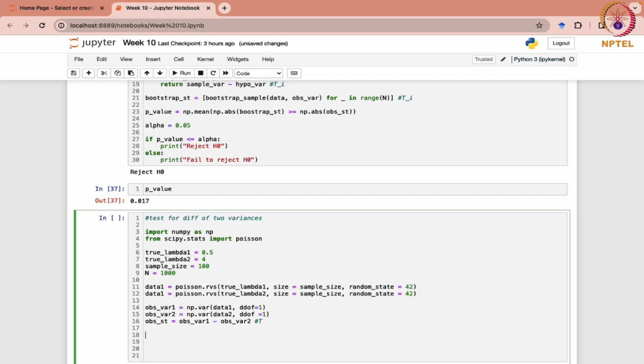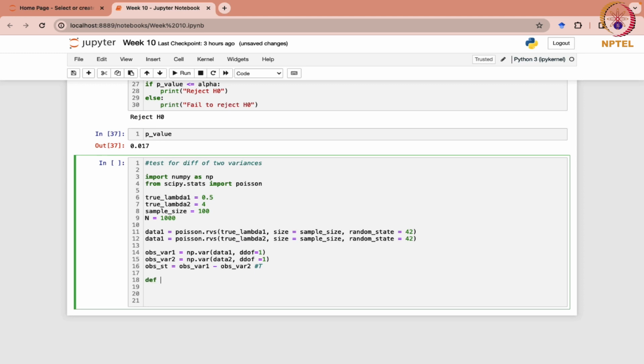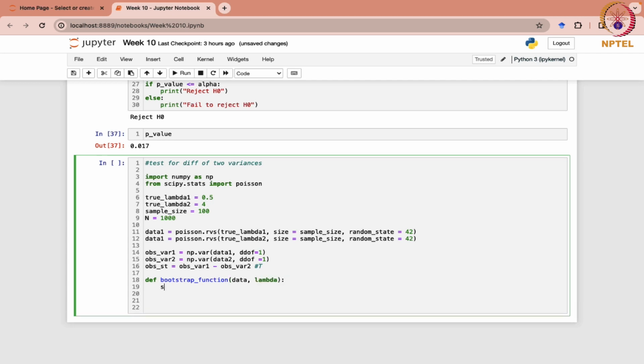Now again we will write the bootstrap function here. So we are going to write that. Define bootstrap function. Here we can write data, and this can be your lambda. Again the sample will be taken, Poisson, size is equal to